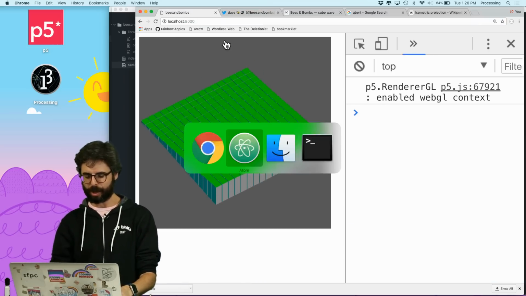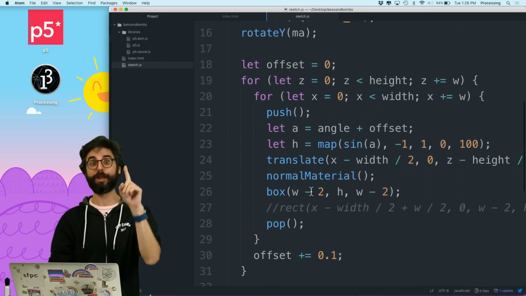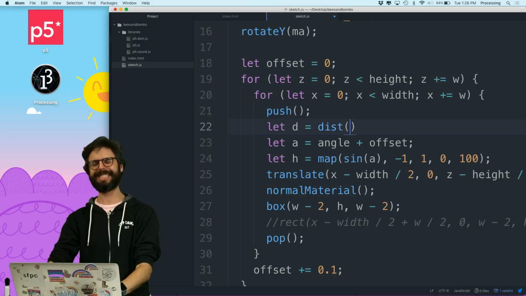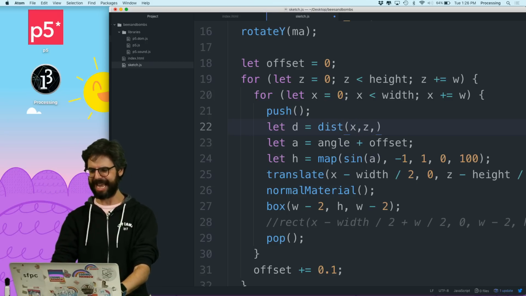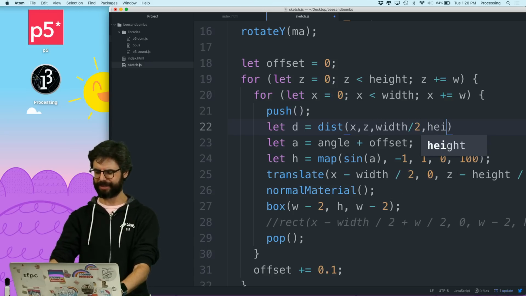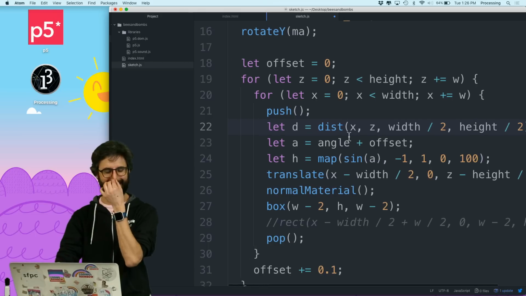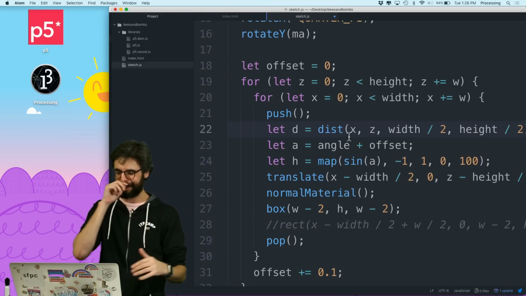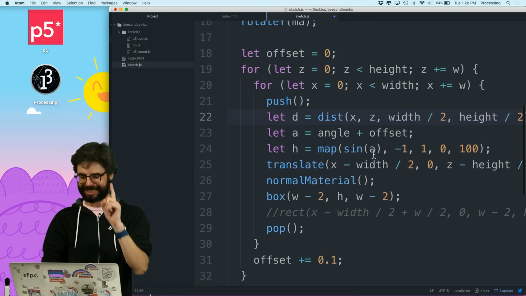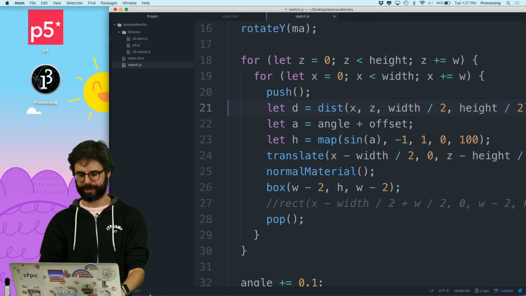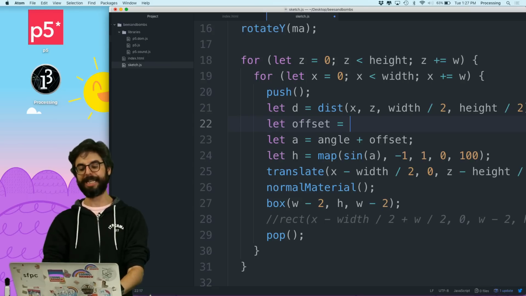So what if I were to come back here and inside my loop have some kind of distance value, be the distance between x and z and not 0, 0, but width divided by 2 and height divided by 2. That's how far they are. I feel like I should actually have just translated this whole thing offset. It would have made it easier, but because I have all this like offsetting. So that's the distance. And instead of having this offset like increase, what if I just say offset equals map